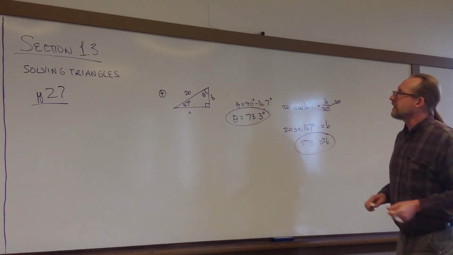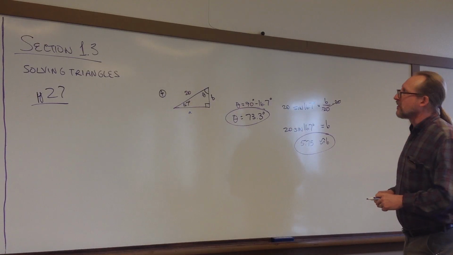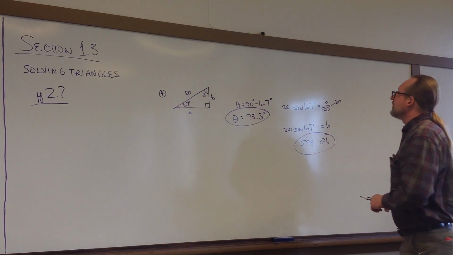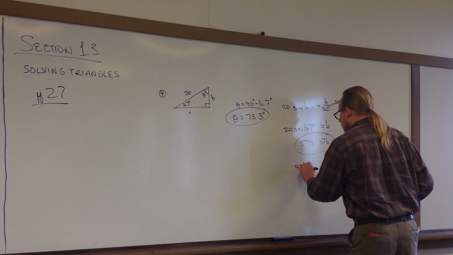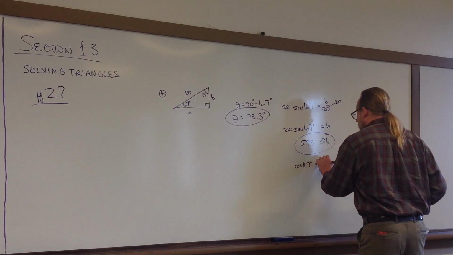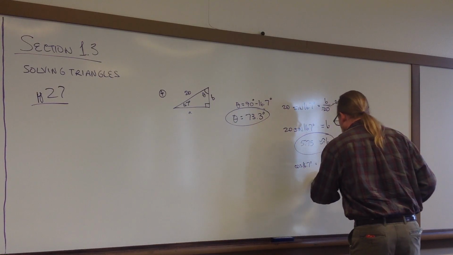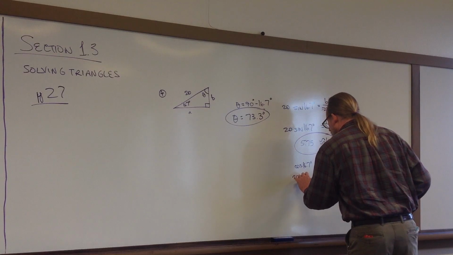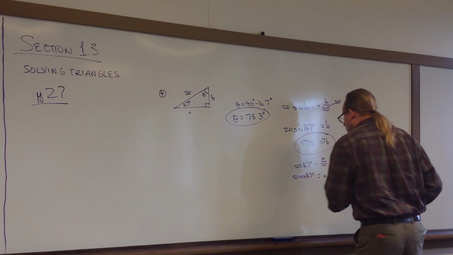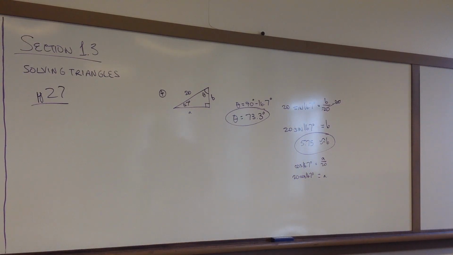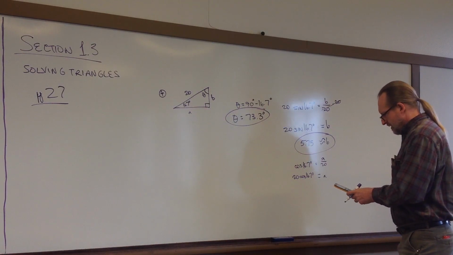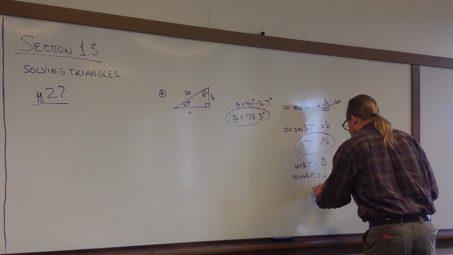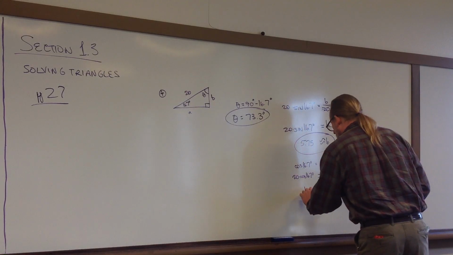Well, let's see. I'll do this two different ways, kind of something similar to what I do in the examples. I'm going to use the cosine of 16.7 and say that's going to be A over 20. And so now A will be 20 times the cosine of 16.7 degrees. And I'll see how close it is to what we would get if we used the Pythagorean theorem here. 20 cosine 16.7 degrees, and so that's going to be to the nearest hundredth,